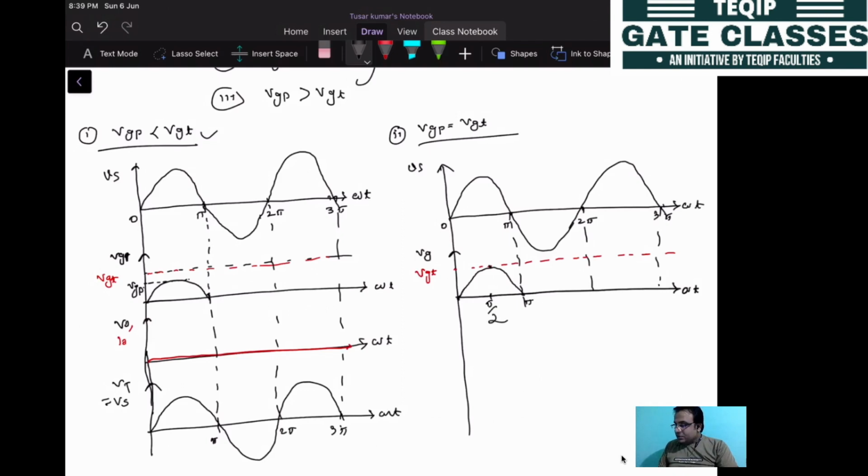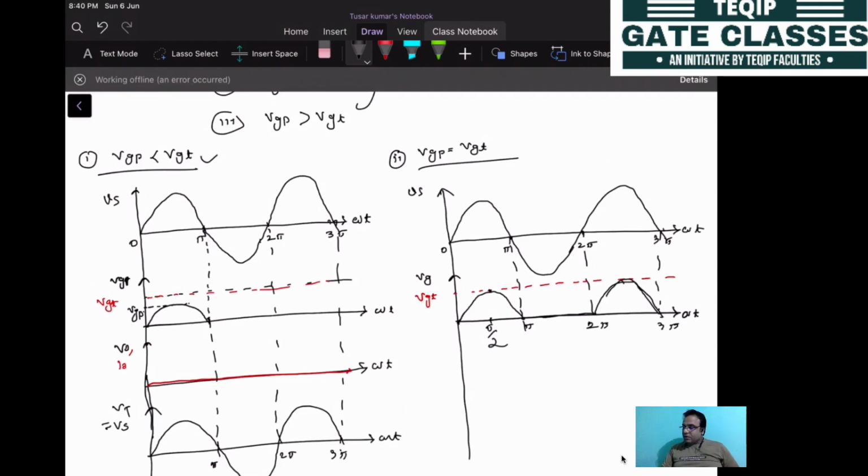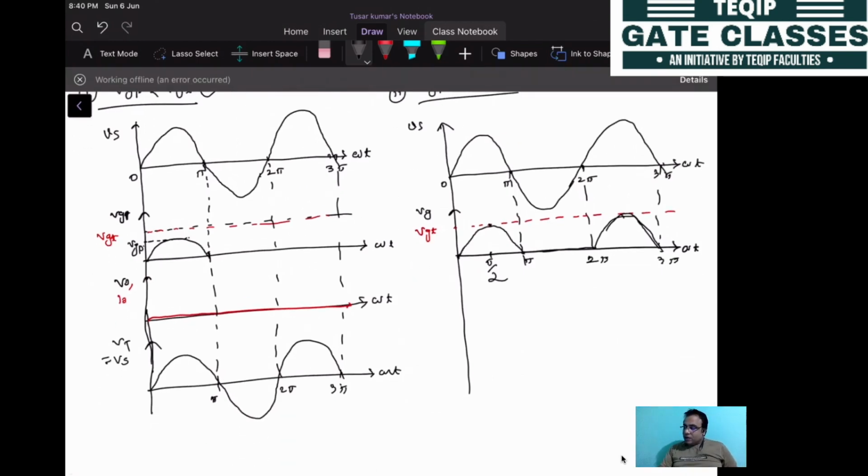Then after that it will be 0. Then again it will be repeating itself and it will be touching this peak value. So this thing will be repeating because it is a periodic operation. So pi, 2 pi, 3 pi, like that it will be switched on. Now see here. So at this instant,